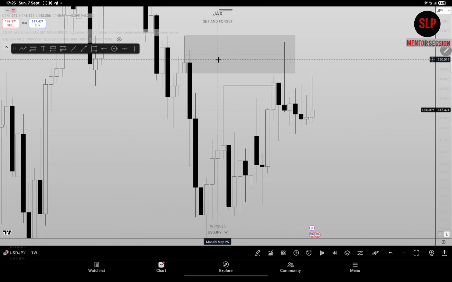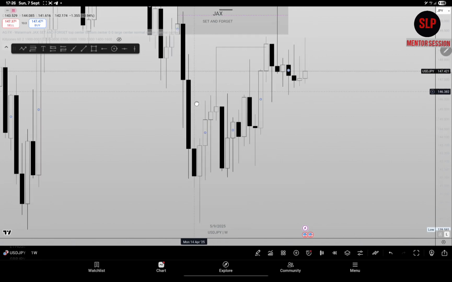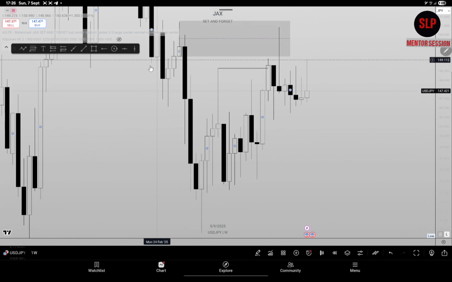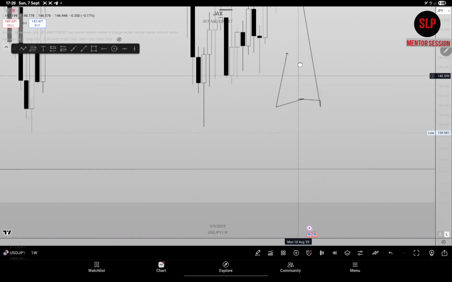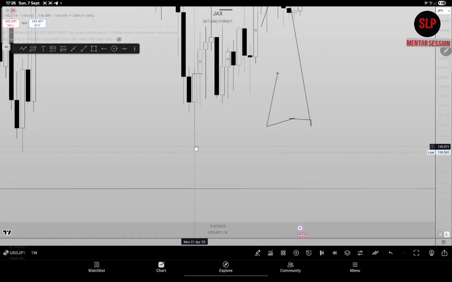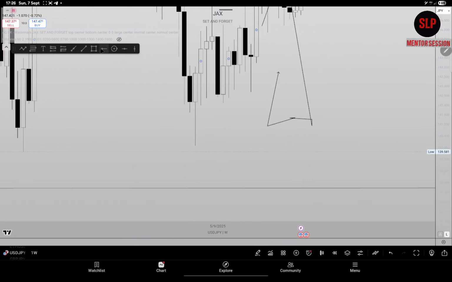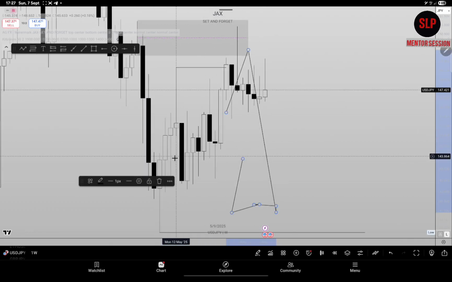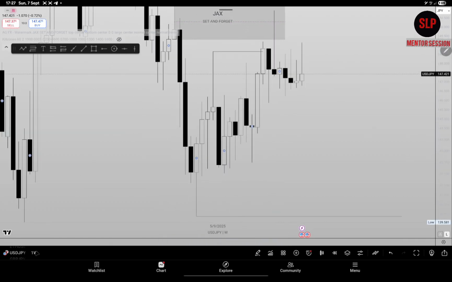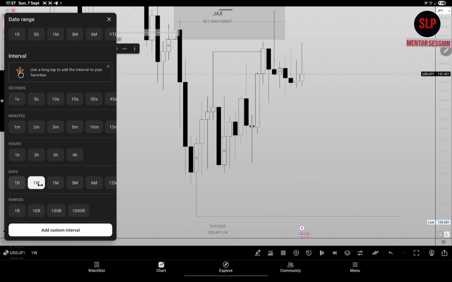But everybody gets that this is another block. This is liquidity. I expect price to come up here and fall down to probably take out this liquidity. At least this liquidity should be our next target. This right here should be our target on the 1 week time frame. Okay. Let me step down to my 1 day time frame.